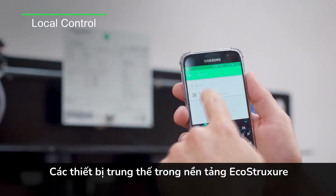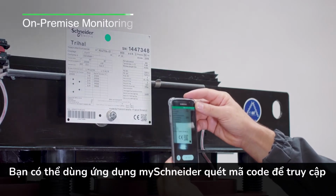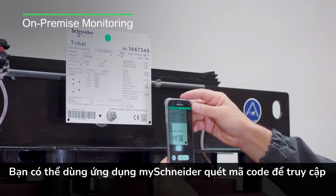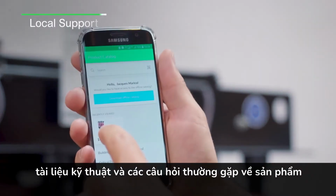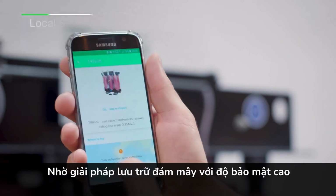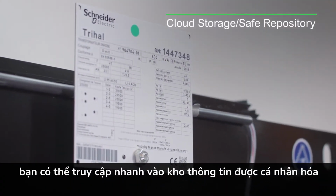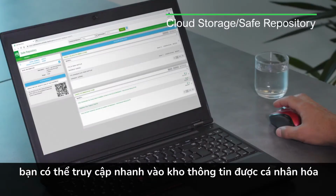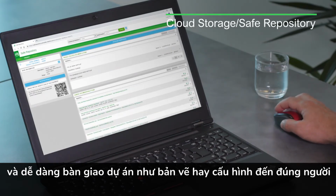Our EcoStruxure-ready MV range have a QR code on the front of the product. This code can be scanned via the My Schneider app to access technical documentation, support, and FAQs on that specific product right on your smart device or phone. We've integrated that QR code directly into our new secure cloud storage, meaning fast and easy access to a safe repository of personalized product information, suitable for project handover, such as drawings or configuration files, and only accessible by the